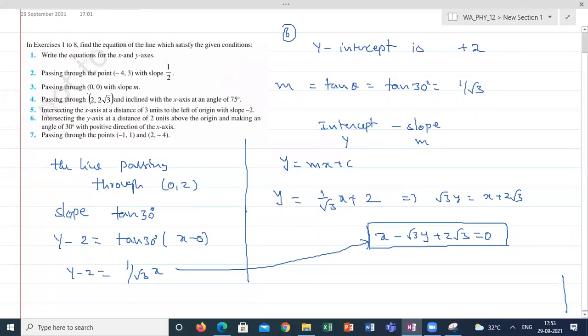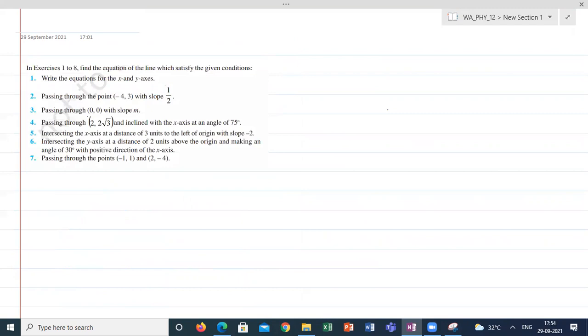Make sure whether the angle is with the positive direction of the x-axis or not. Very keenly you have to observe what angle they give. That is the importance of reading the question. You should not think the angle is straight away always the slope. Sometimes they might confuse you. The 30 degrees with respect to the negative x-axis means 180 minus 30 is your slope angle. So keep it in mind. Reading the question is very important. Sometimes they will twist it to check whether you are reading the question properly or not. Don't think that if they're giving the negative x-axis, it is wrong data. It's correct. We have to understand it with respect to the positive x-axis as 180 minus theta.